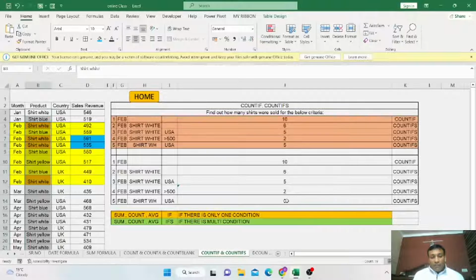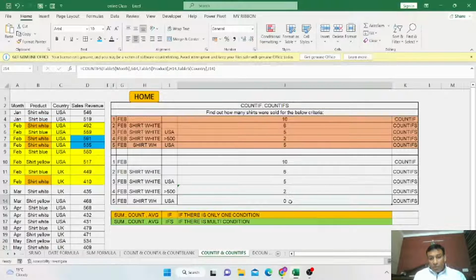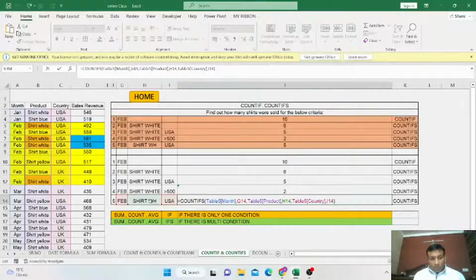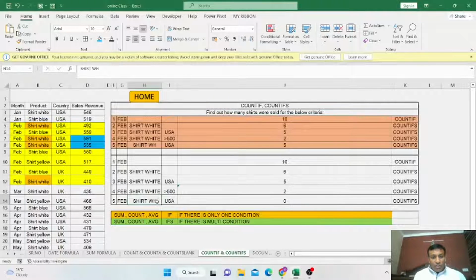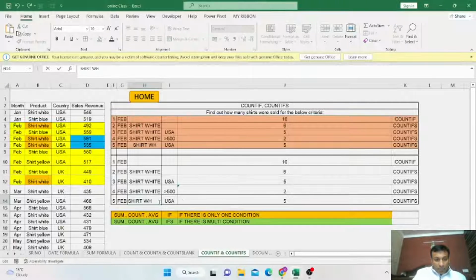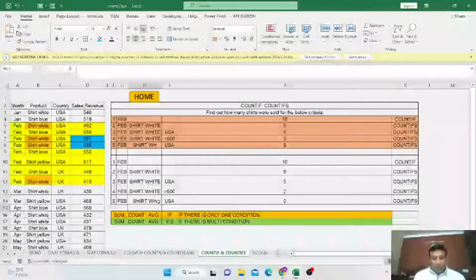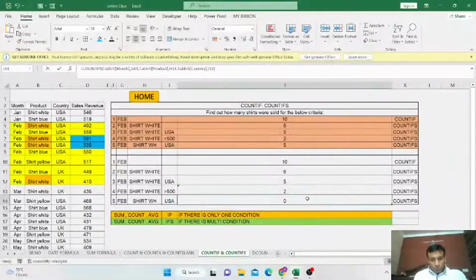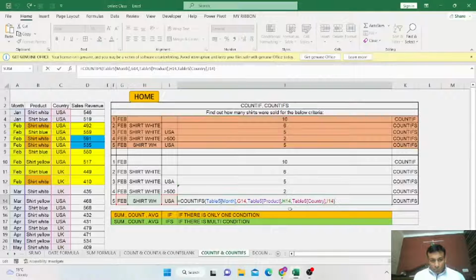How do we rectify this error in this formula? Just F2. Either we can change it here to ITE. Look at that, we just found the value. But if we have a word like this, then what we have to do is change